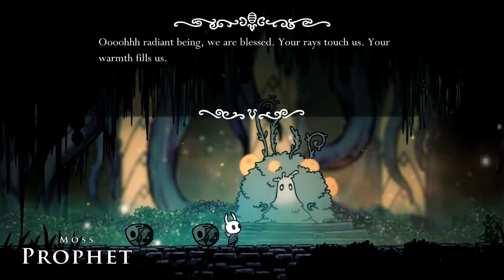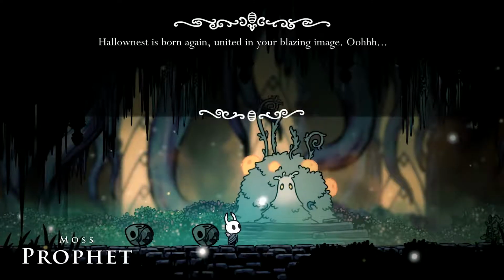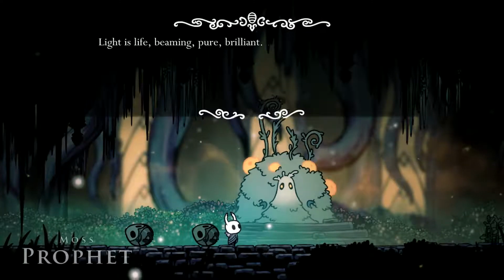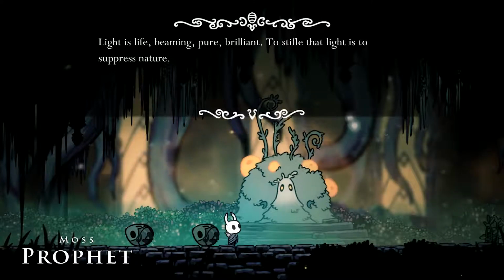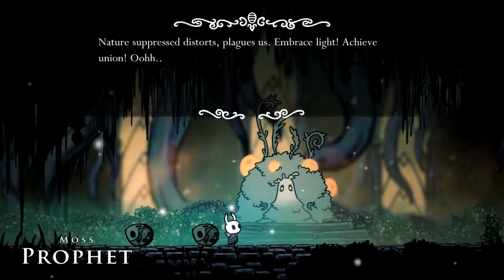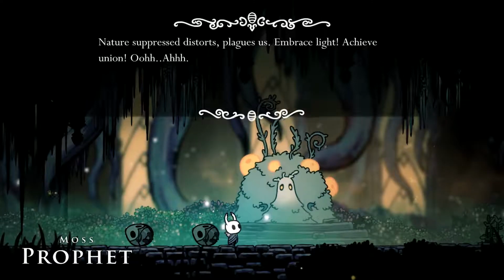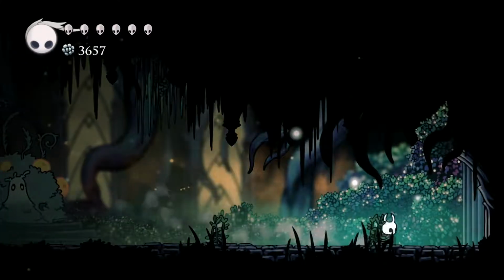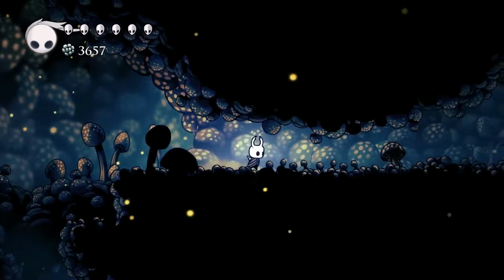As you can already tell by its body, he's been very much corrupted by that brilliant light or whatever, but he seems at least together enough to be able to preach about it. He seems coherent, at least. And I believe it's from him that we first learn that there used to be an old god known as the Radiance. And that Radiance...